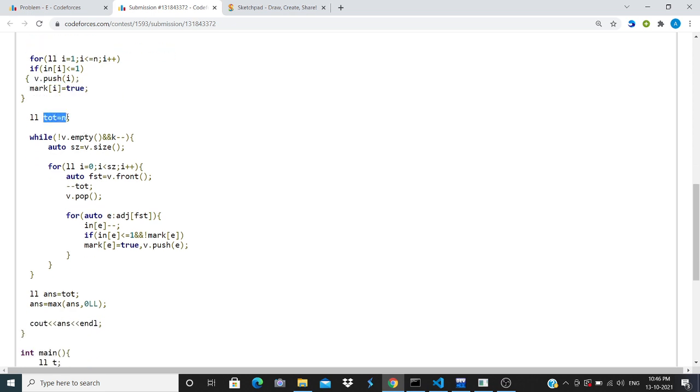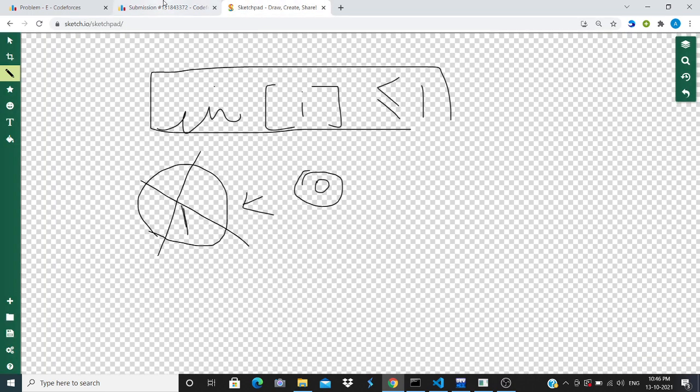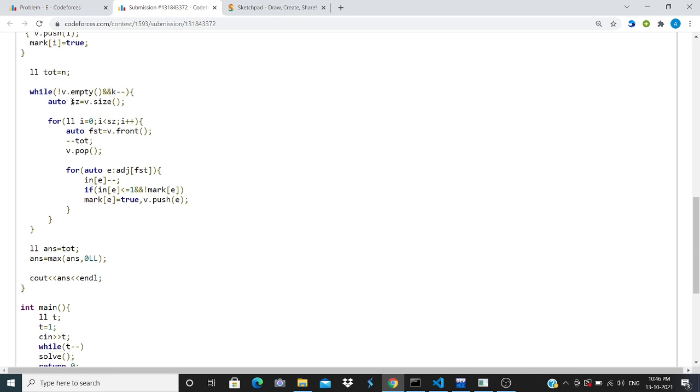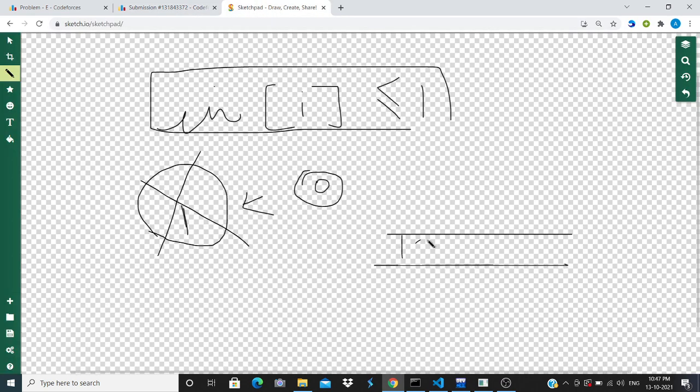Then initially I am saying that all of my vertices will remain after the final operations, right? And then I am running this loop k times while my vector is not empty, and the number of operations is some positive quantity. First I'm finding the size of my vector, like how many leaves I have in this operation to be popped out. As I said earlier, we did have some leaves like 2, 3, 4, 5, right?